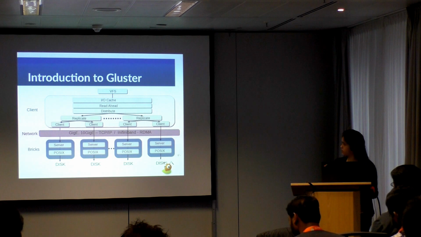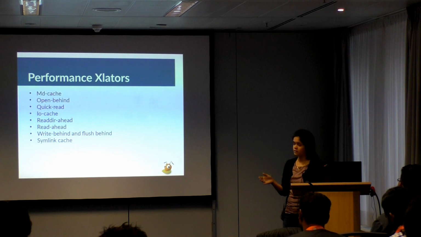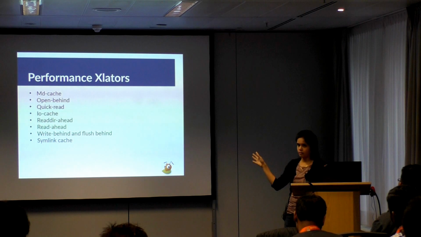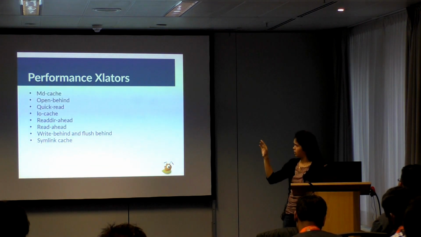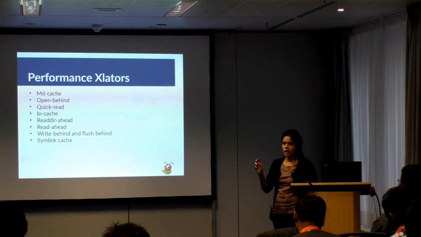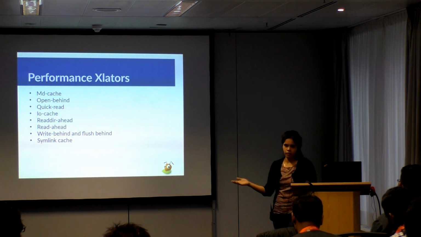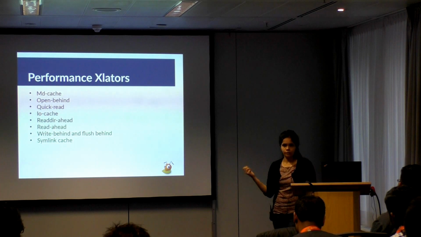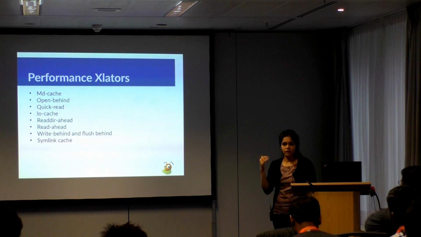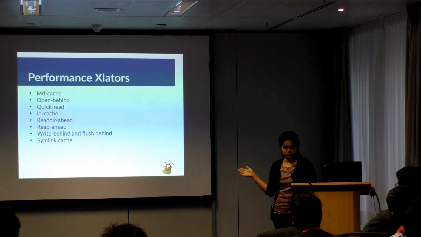Next, we'll see what the performance accelerators are that exist today on the client side. This is the order in which they are loaded in the client graph. The first one is md-cache. Basically, it serves stat calls and lookup calls, and the cache is filled on a readdirp, on write, read, and many other FOPs which fetch the stat info from the brick side. Open-behind: the first FD open is served right from the client. It is not sent to the brick, only the first open. The further opens are sent all the way back to the bricks.